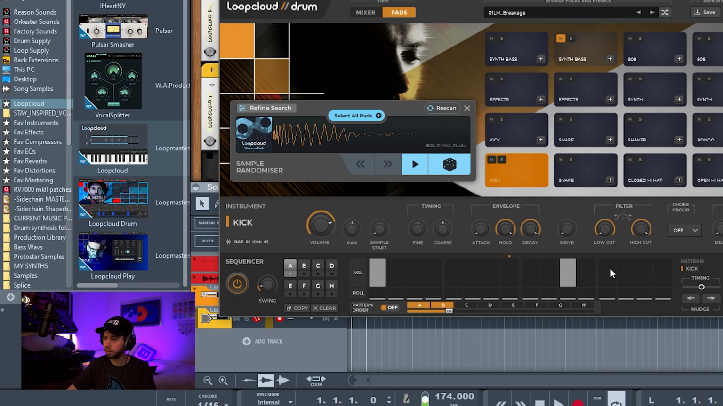Go back to the kick. Get another kick in. I guess we can nudge it forward or back for the whole kick. That's really cool. We can obviously do A and B, I guess, here. So let's see if we can change B up as well. Yeah, so if you have pattern order on, then it will do A and B, but for now we'll just